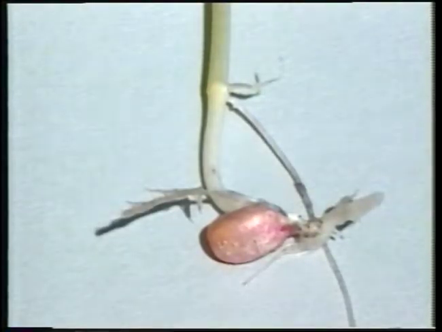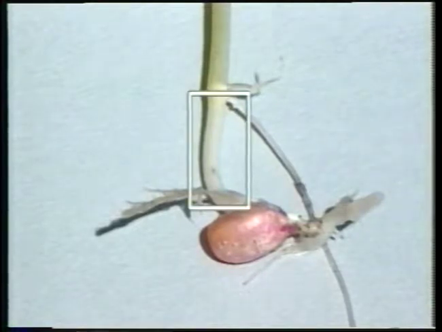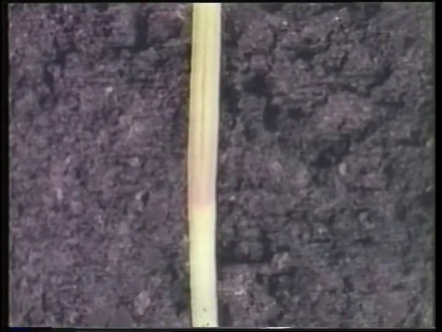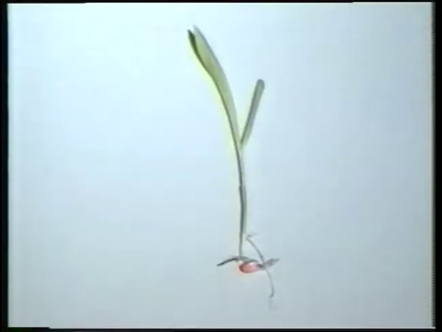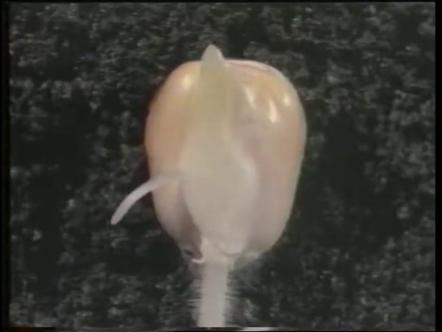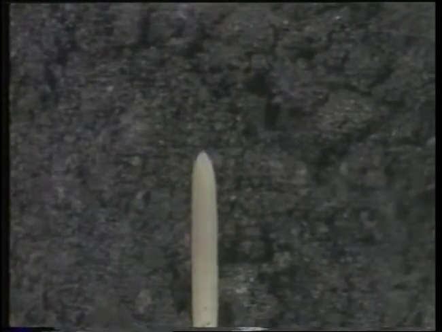The first internode of the stem, called the mesocotyl, elongates and continues until the coleoptile emerges from the soil surface 7 to 14 days after planting. When the coleoptile emerges, the mesocotyl ceases to elongate. As you study the wheat and corn germination and emergence sequences in your text, notice that the mesocotyl may elongate in some cereal species and may not in others. It elongates in corn and oats, but usually not in wheat, barley, or rye. This structure's elongation, plus the sword-like shape of the coleoptile, are some of the reasons why corn can be planted at greater depths.